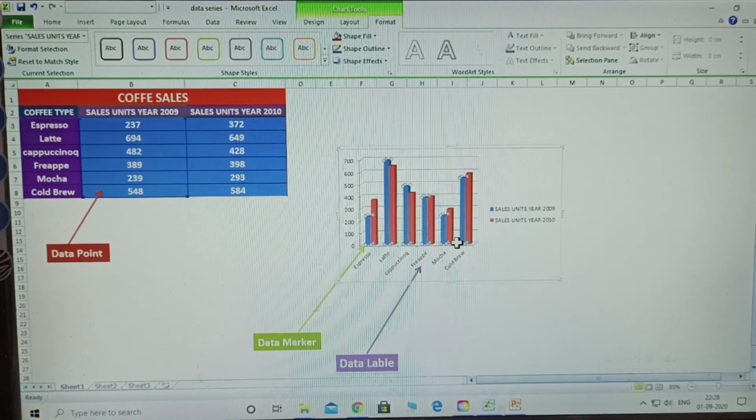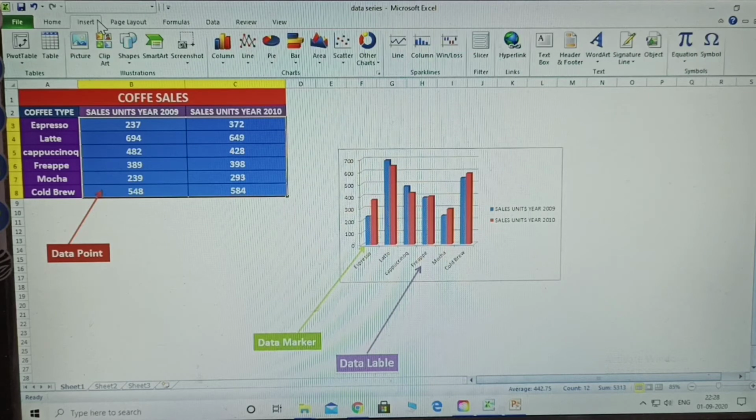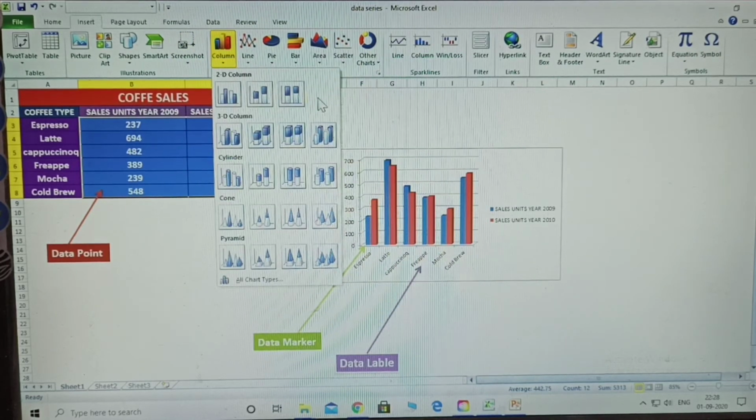Next, first, how to take the data into the chart. First you select the data you have given. After that you go to Insert, where the column option is. The columns include 2D column, 3D column, cylinder, cone and pyramid.